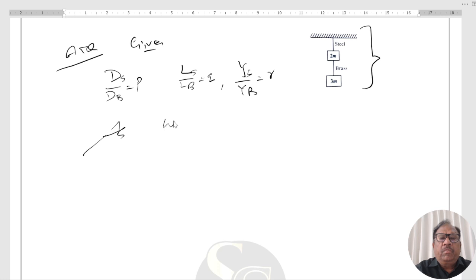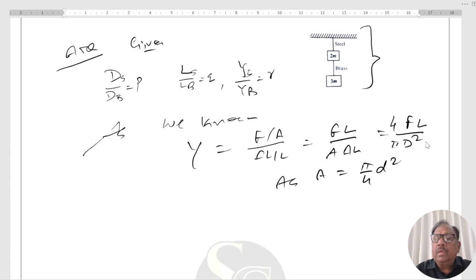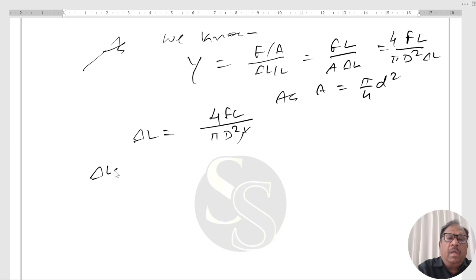As we know, Young's modulus is given by F upon A, delta L upon L, that is FL upon A delta L. As A equals pi by 4 d square, that comes out to be 4FL upon pi d square delta L. As you have to find delta L, taking delta L on the left hand side, 4FL upon pi d square Y. Now taking the ratios, delta L S over delta L B will be equal to